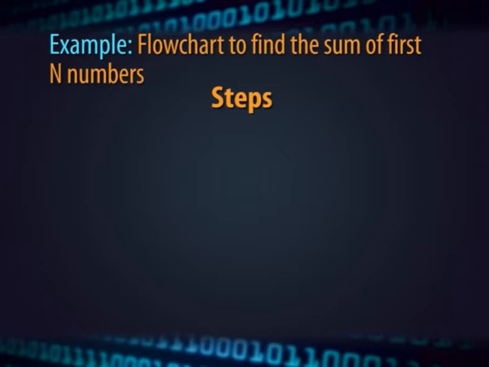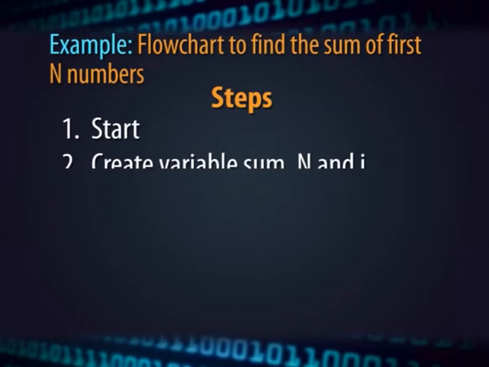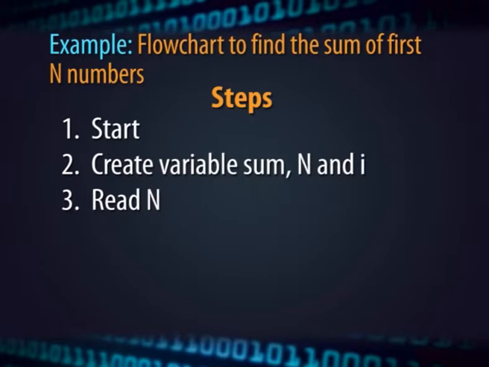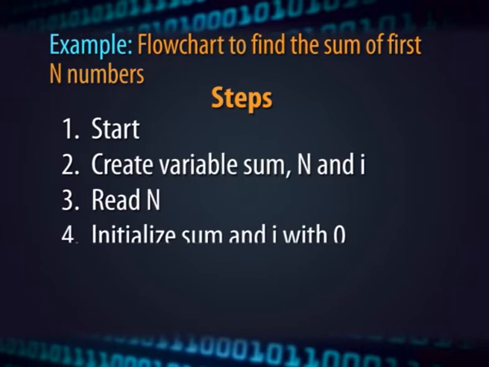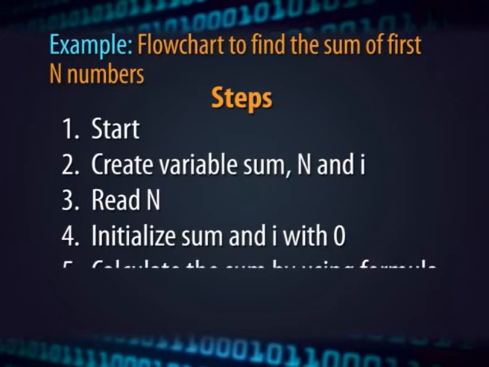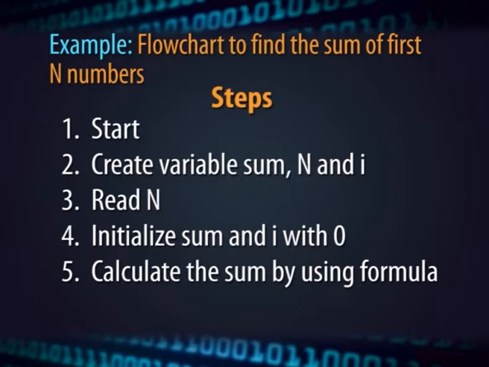There is an example to find the sum of the first n numbers. This example illustrates the use of a loop for a specific number of times. Steps for the flowchart are: 1. Start, 2. Create variables sum, n and I, 3. Read n, 4. Initialize sum and I to 0,